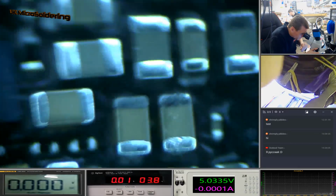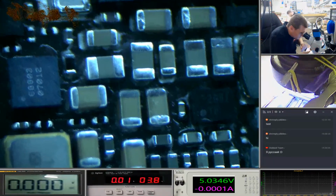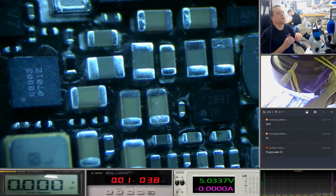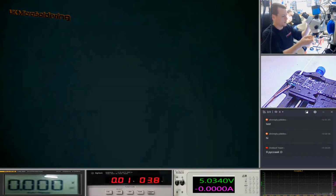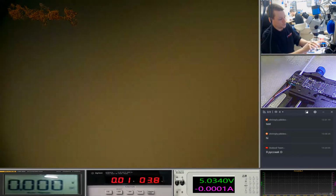So let's zoom right out. So you can see the board looks in quite good condition under this lens. But I'm sure if we put more water on that, we're going to see a different reaction. Okay, so let's change back the lenses because that's just impossible to work under. And what we'll do